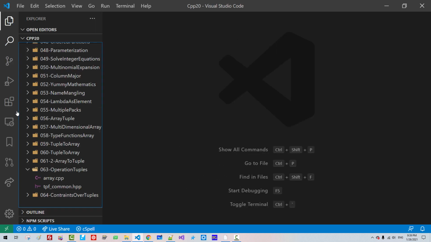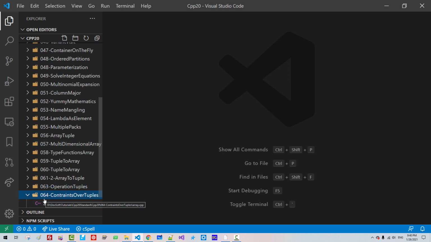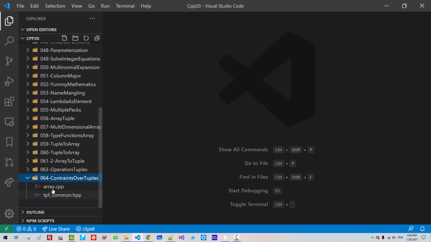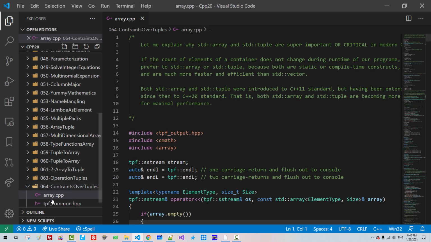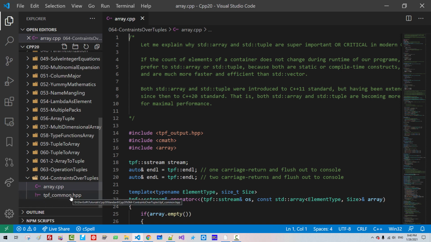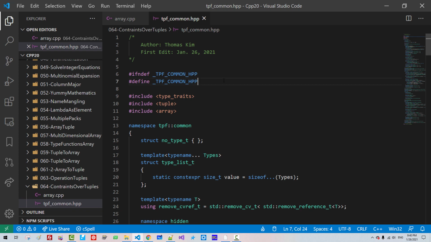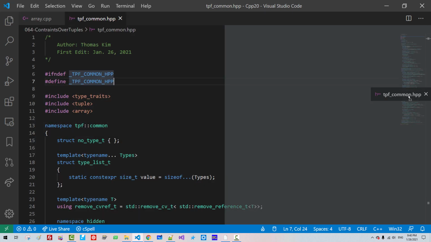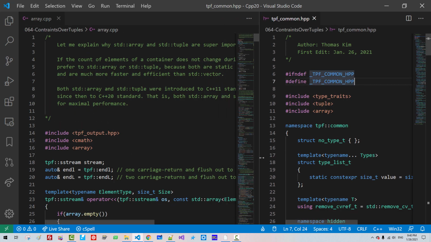In the Explorer, in the folder 64, you can find array.cpp. We created this file in our previous episode. I also added the talk-play-fun-command.hpp file. Drag and arrange windows like this.